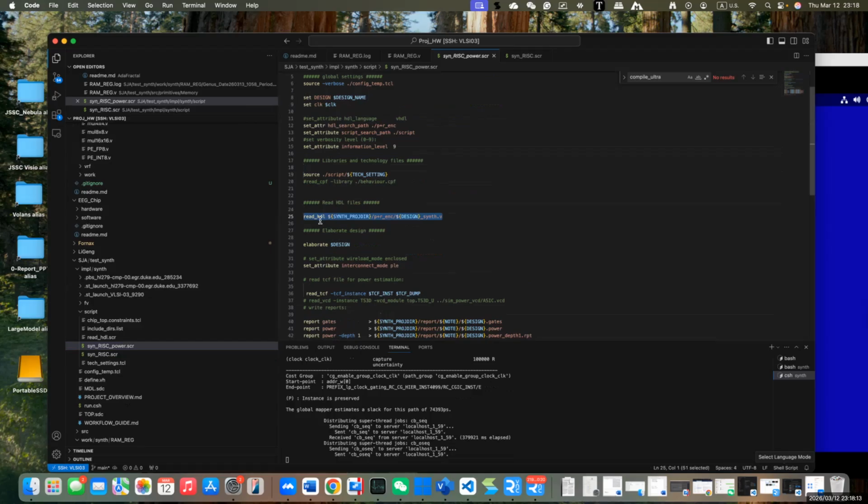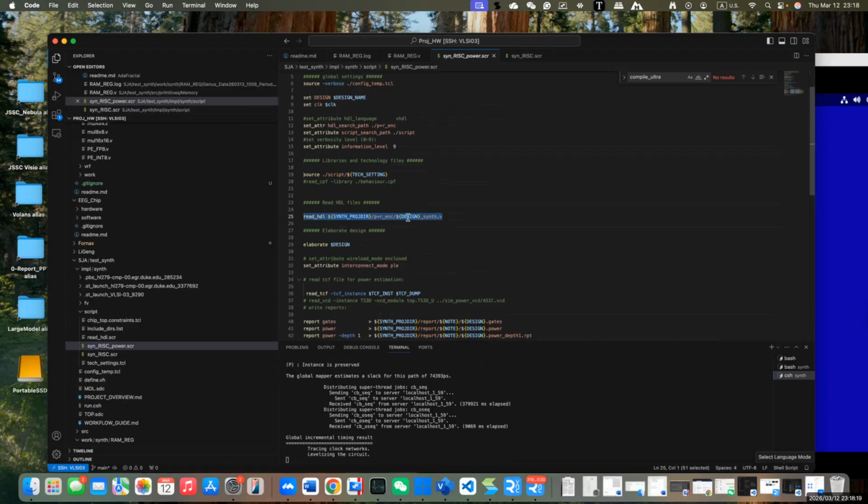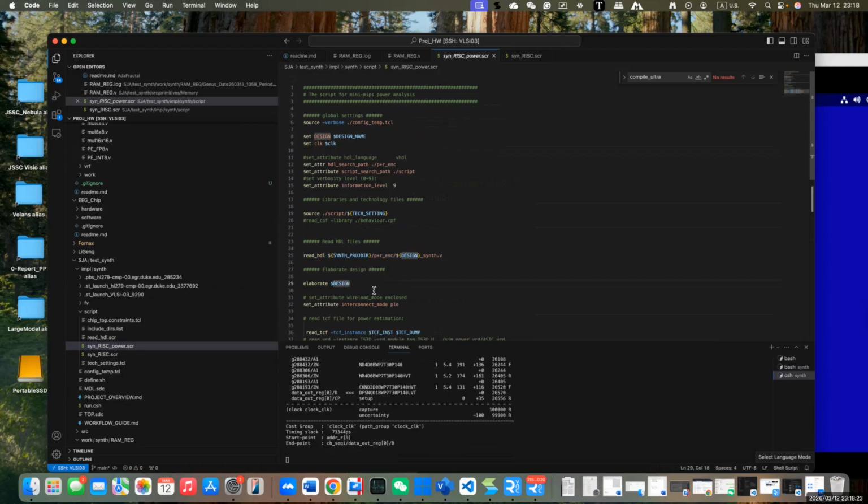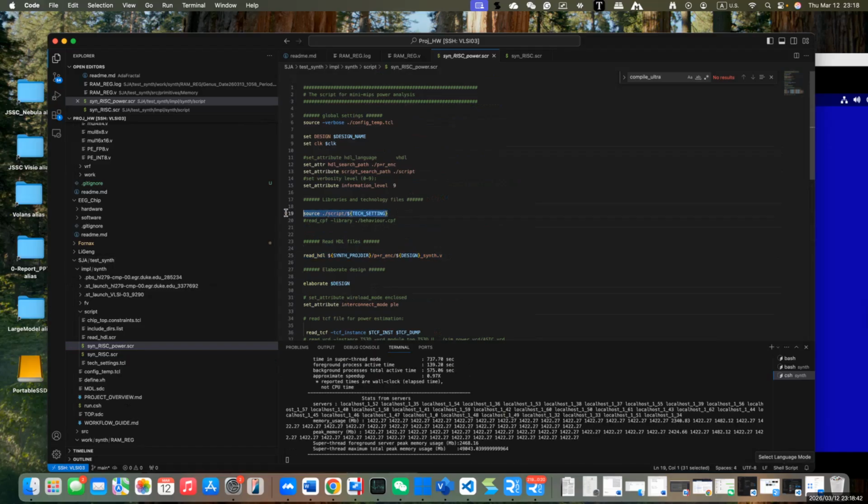But for this one, it's not Modelsim, it's the synthesis tool. And the basic principle is that you have to know what's the netlist, what's the technology file,